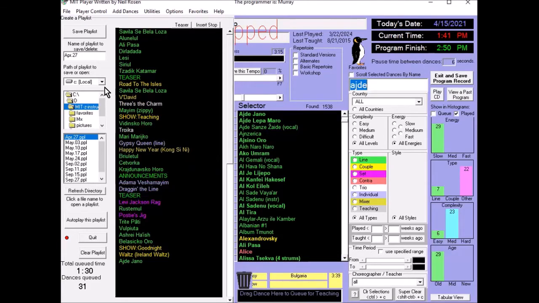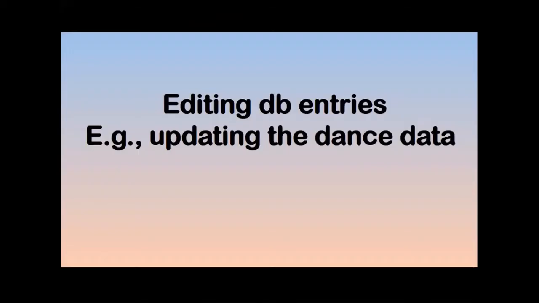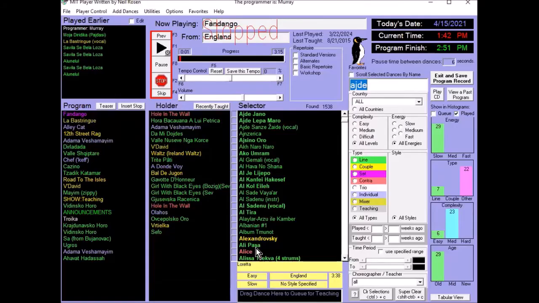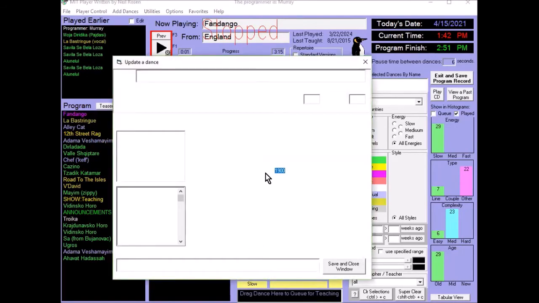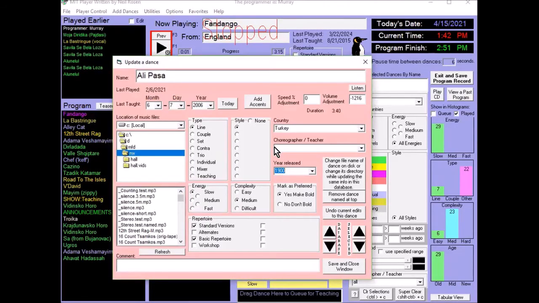There's an option for saving the playlist for later or to play it now. Okay, updating dance data. By right-clicking on the dance name, that brings up the Update Dance screen. And we can change anything: the display name, the country that it's associated with, any of its types, its complexity, what repertoire, whether or not you want to make it bold or not bold to show that it's a preferred